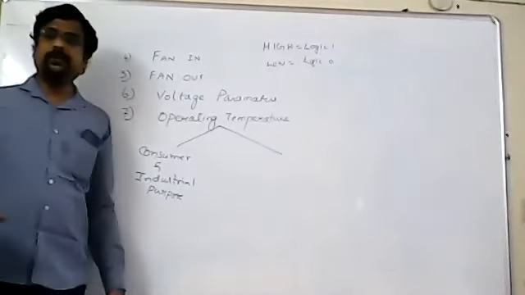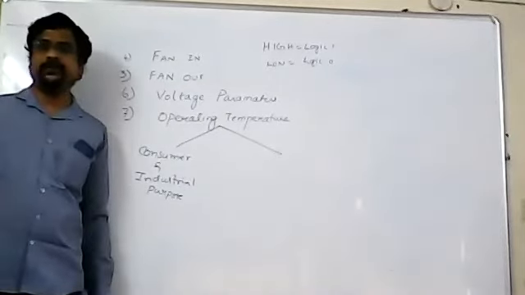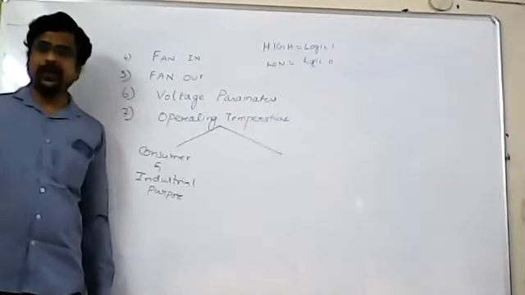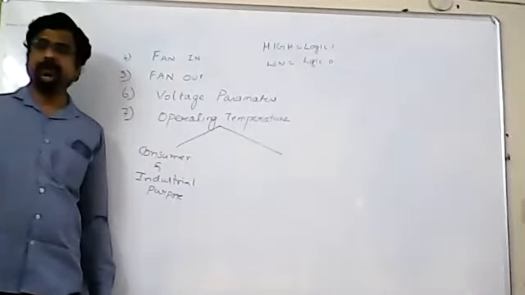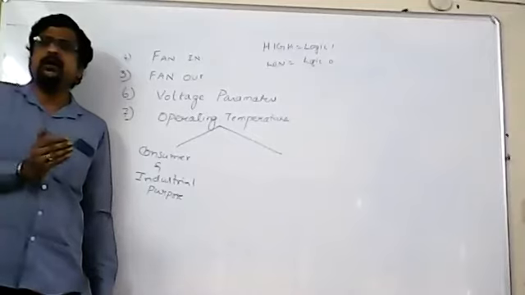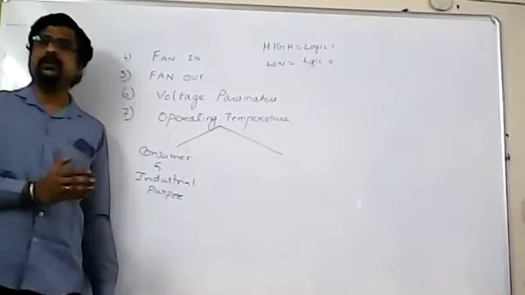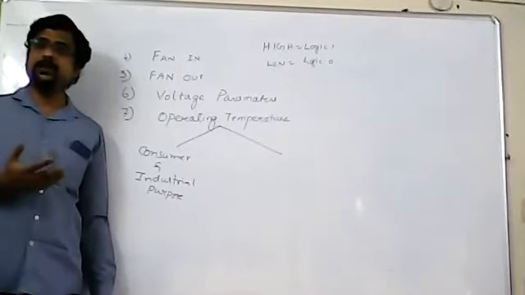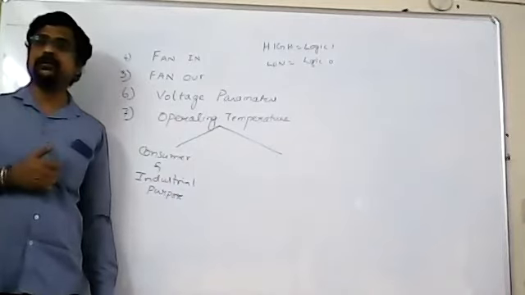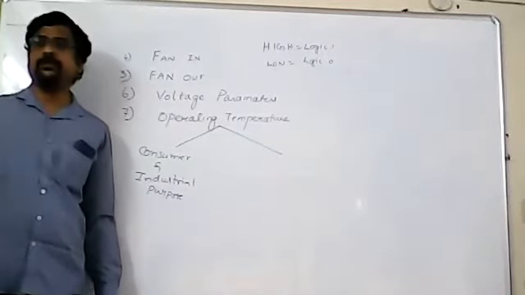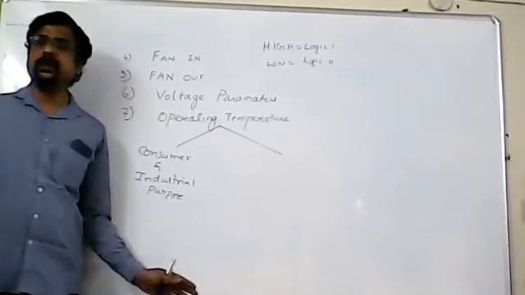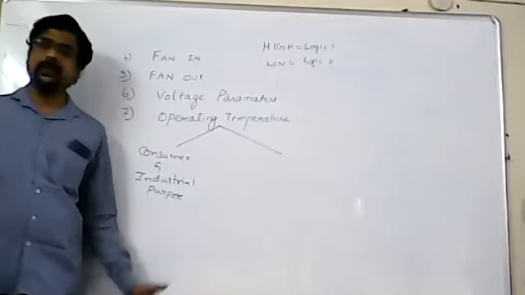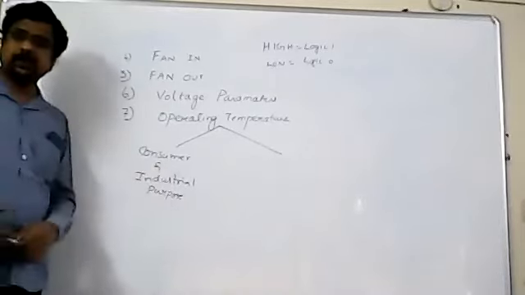For example, you have seen the CRO, the cathode ray oscilloscope. You have done so many experiments with it. That is a consumer product, which means it is specifically designed for testing of circuits in college education. But if you go to the industrial level, like hospitals and all, there are also oscilloscopes. They are specifically made for industrial purposes. In the consumer type, there are certain limitations, beyond which you cannot use that oscilloscope. Like that, it is divided as consumer and industrial purpose.